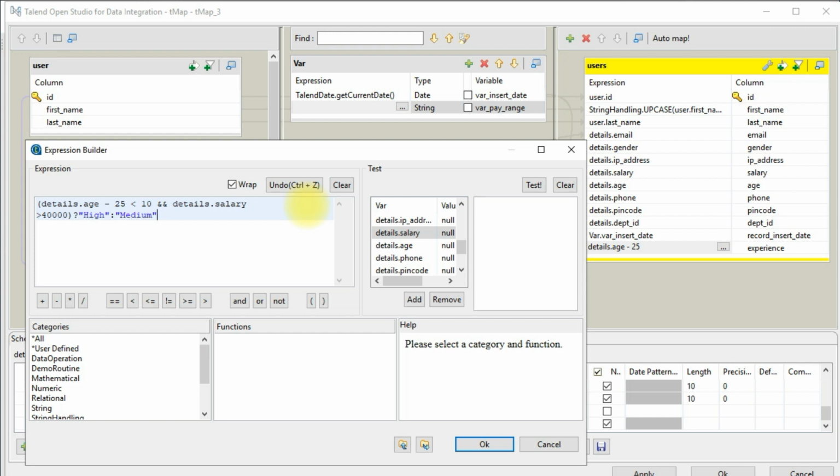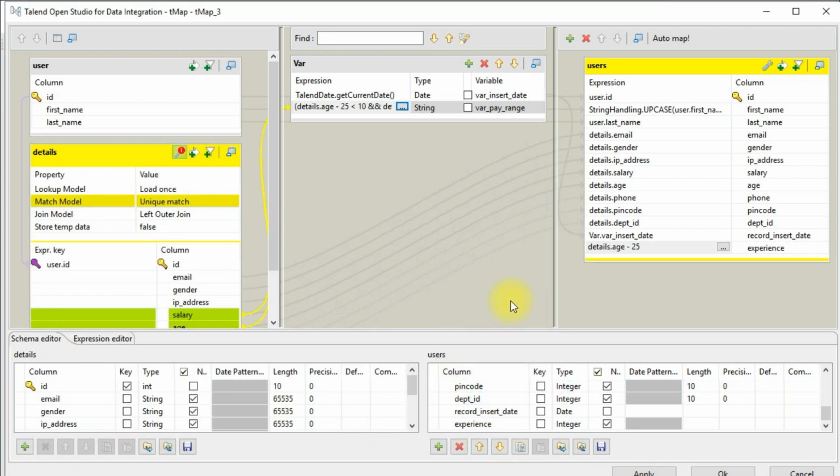So this is how you write an if-else condition in tMap. Let me repeat again, this is your condition, and you should always separate it with a question mark. This is the true value, and this is the false value. So if this condition is true, then it will return high, else it will return medium. All right, I'll go ahead and click on OK,